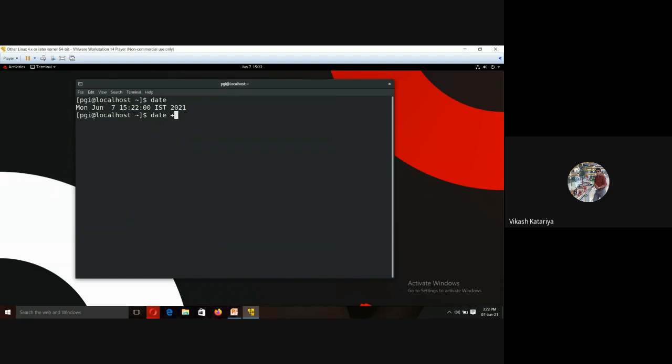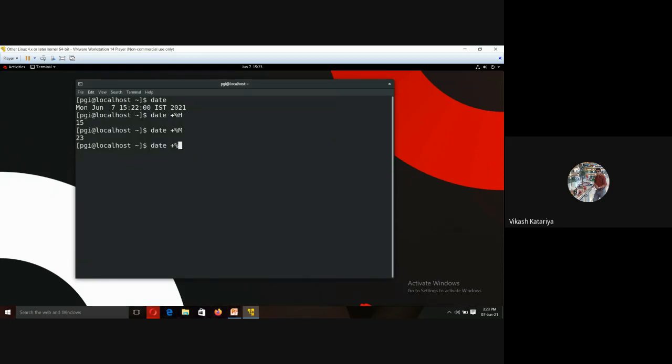So plus percentage, and for printing the current hour, type capital H, then enter. So this is 15, that means 3 o'clock. In the same way, if we change capital H to capital M, it will show the current minute, 23. So 3 o'clock 23 minutes.